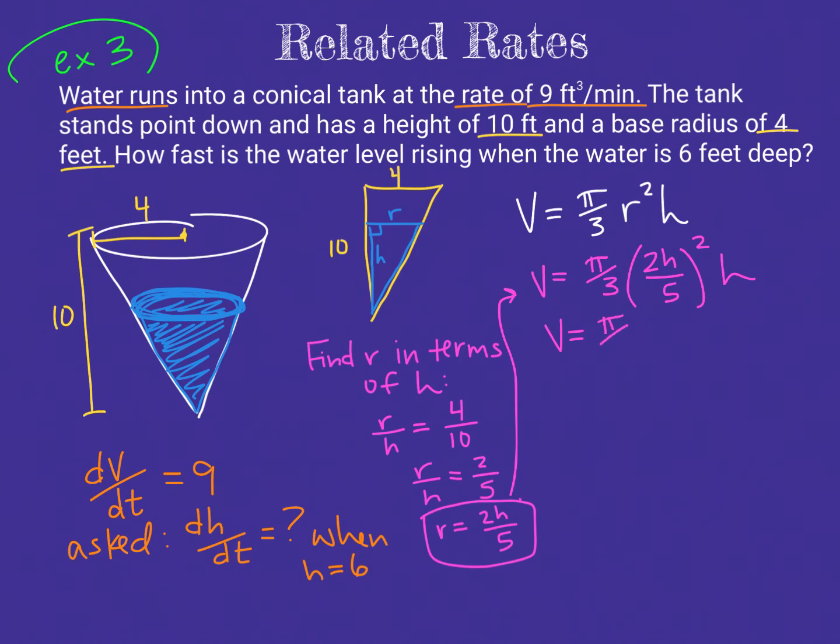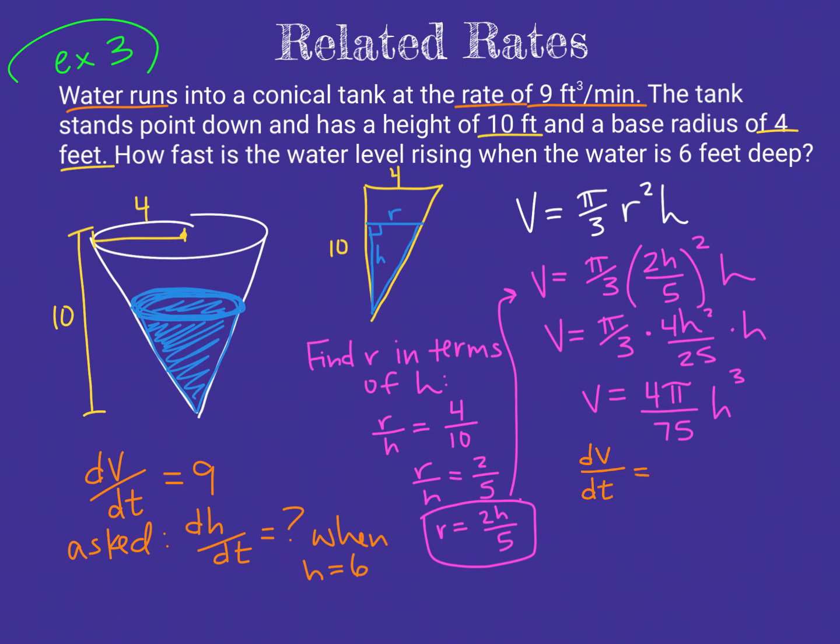When we do this, we'll have 4h squared over 25, and then times h again. And cleaning this up, we'll have 4 pi over 75, and then we have h cubed. I wrote h cubed off to the side instead of in the numerator to kind of show the difference between the coefficient out front and just the variable. So now we have volume solely in terms of h, and differentiating with respect to t will be a lot simpler. So differentiating with respect to t, we'll have dV/dt